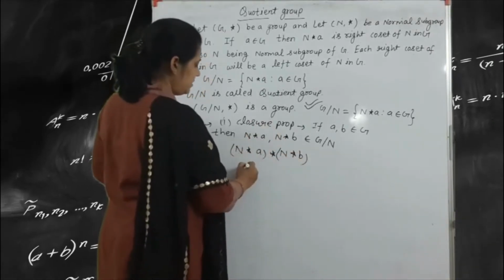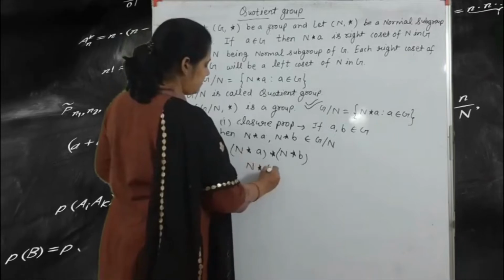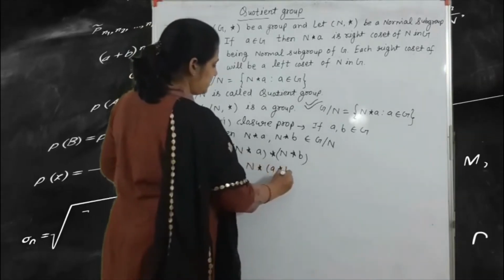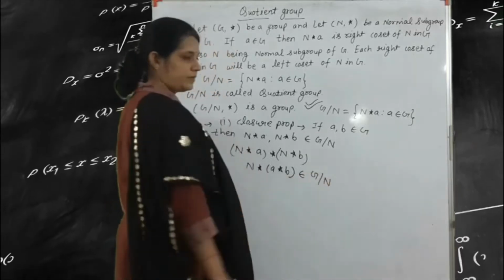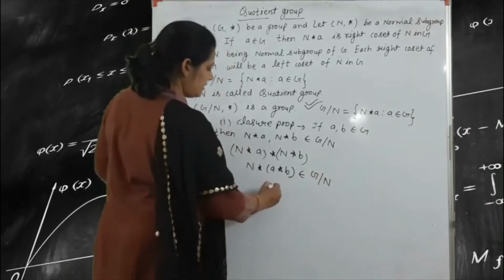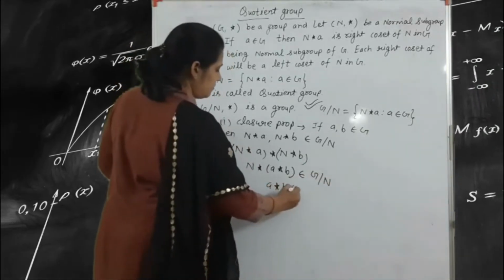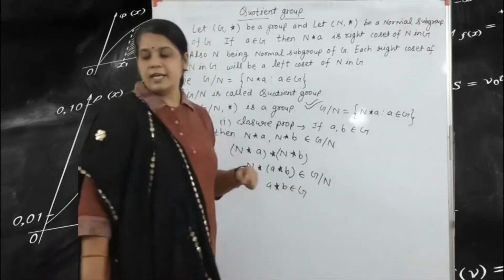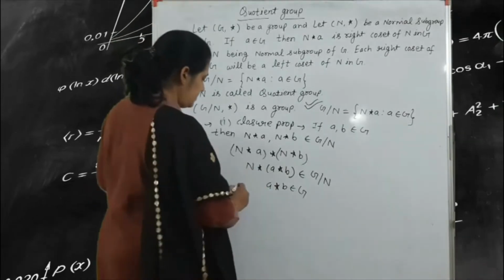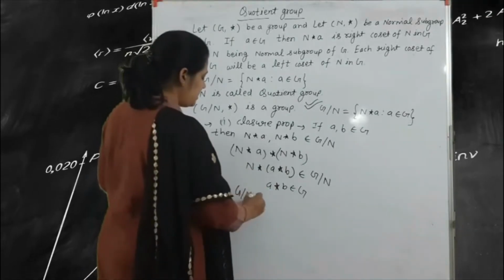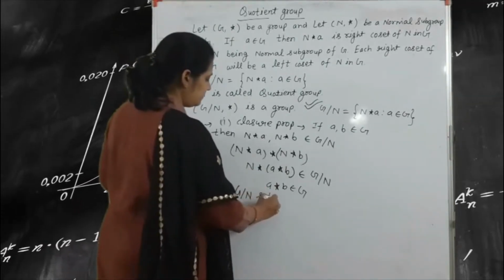That means a*b belongs to G. So this is the closure property. That means G/N satisfies